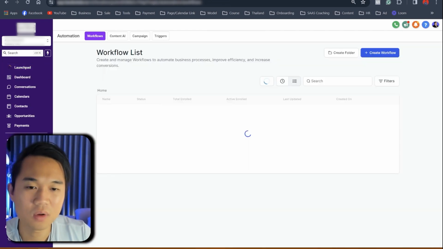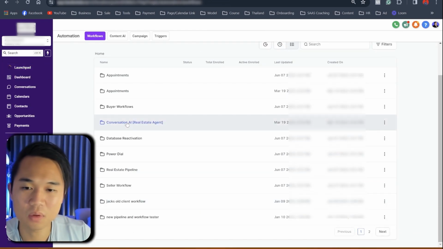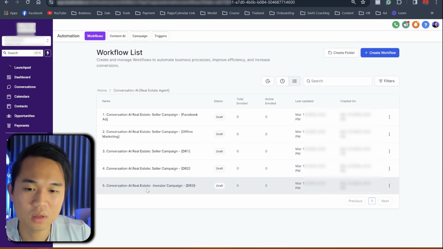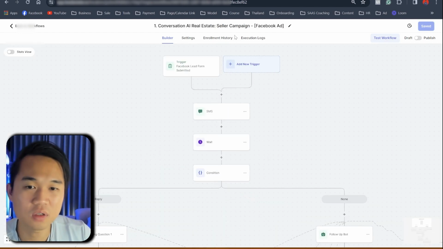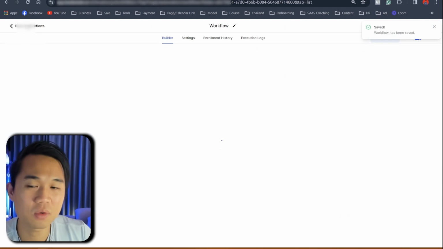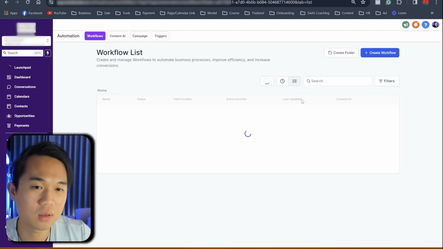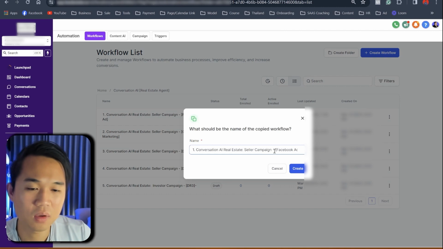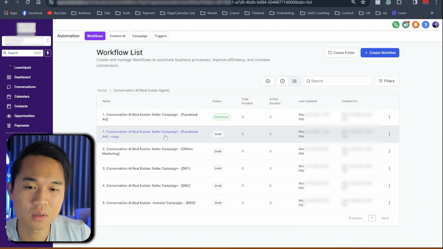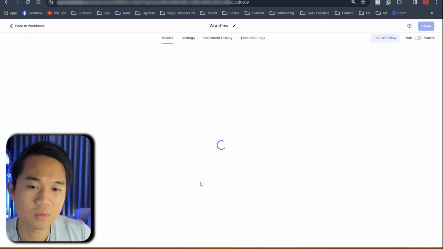duplicate that workflow and change everything to Facebook, right? So this is the one that I'm gonna be fixing. I think that's the one that we're gonna relaunch. It's the Facebook one. We're gonna publish it. At the same time, we're going to duplicate it, duplicate this workflow, and just have it as copy. Right, and we'll come in here,